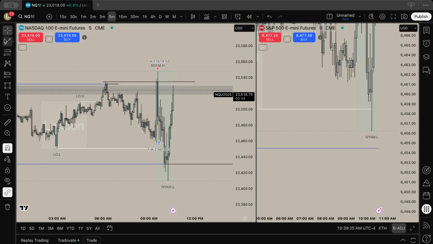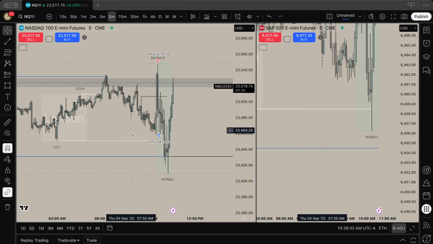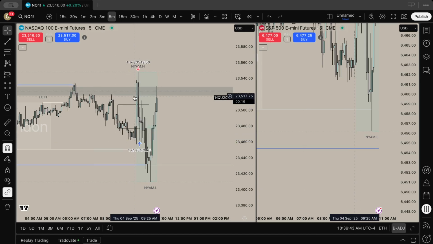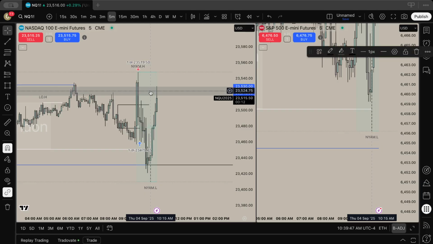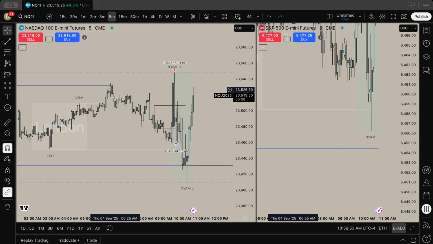8:30 a.m. data highs right here, right? And what we see is price goes ahead and sweeps data lows, right? Around market open, around 9 a.m., we sweep data lows, trade up to data highs, and at this point I'm like, what can I use for a short out of these data highs, right? Because I'm not just going to take the short out of data highs. I want a PD array to align with these data highs.